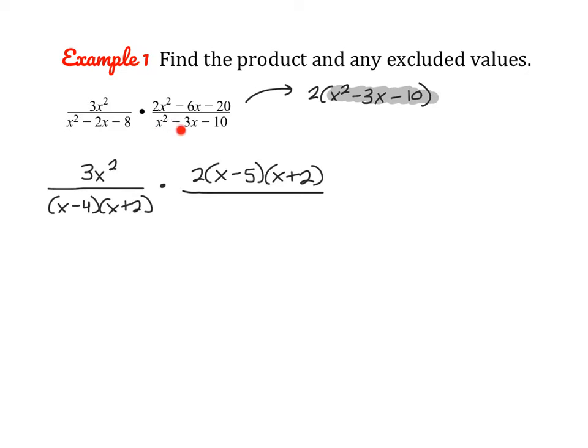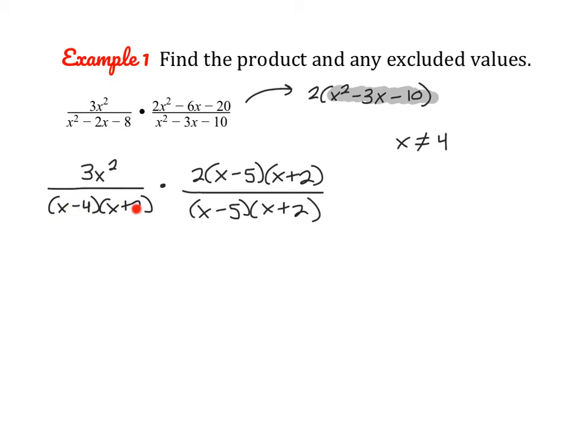And then in the denominator, again here, we can factor this. This will become x minus 5 times x plus 2. All right, so before we start multiplying across or canceling out common factors, we do need to list out any excluded values. So again, we look in our denominator, and any factor in our denominator will give us an excluded value. So here, x minus 4, that factor tells us that x cannot equal +4, because that would turn this factor to 0, and you can never